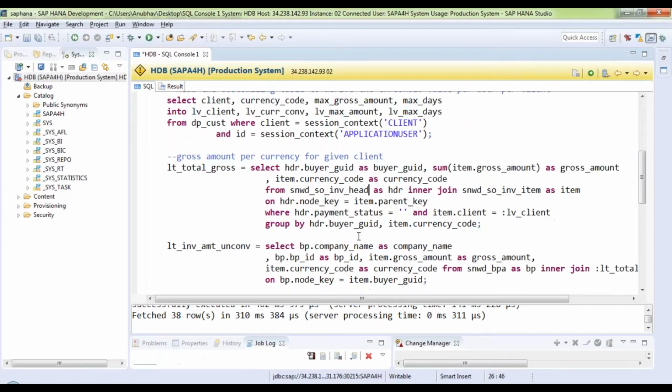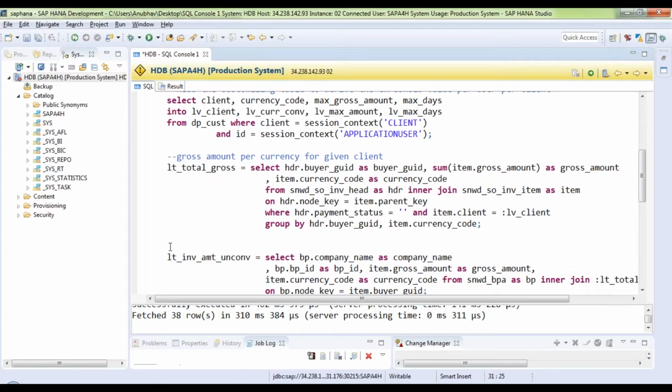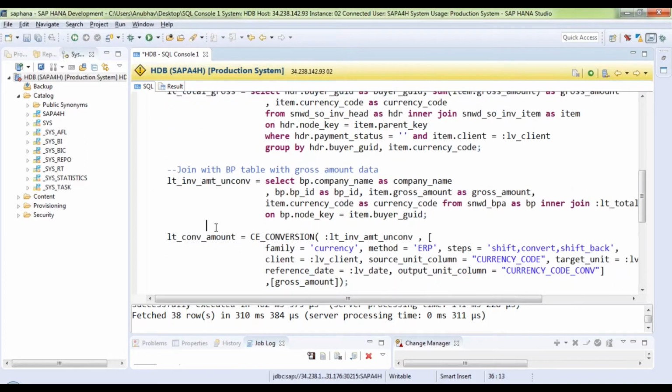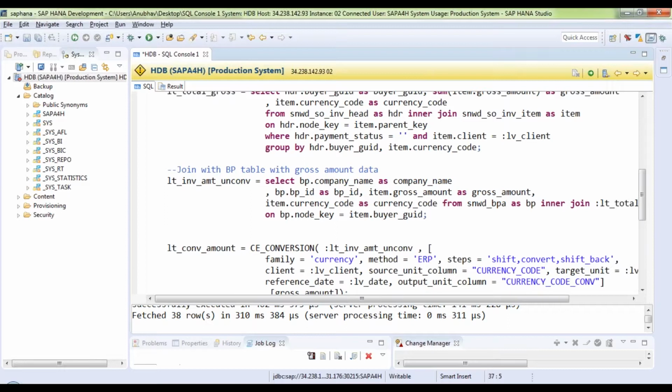After doing this, we have also taken care of the client while reading the data for the open item invoice scenario. Next, we joined with the business partner table with our gross amount data. Then we finally applied the currency conversion to a common currency in the system.